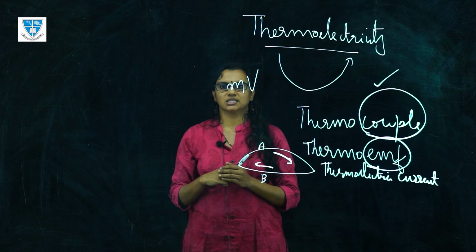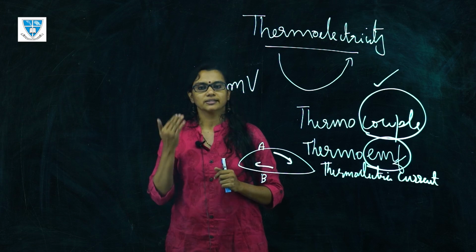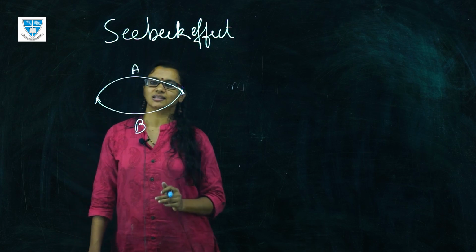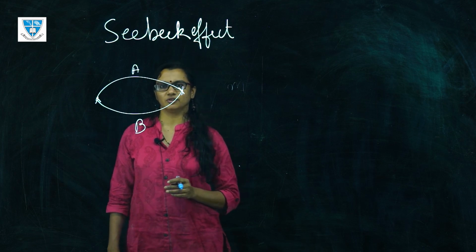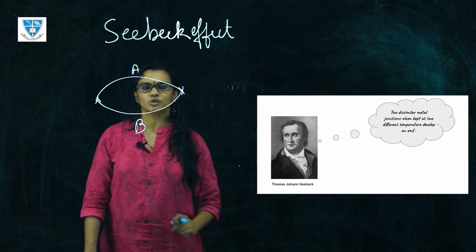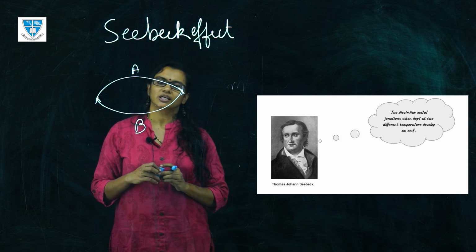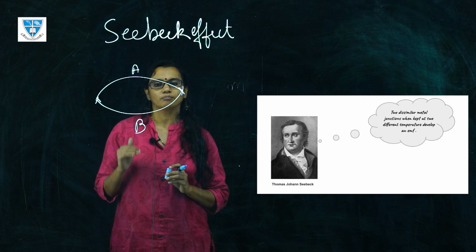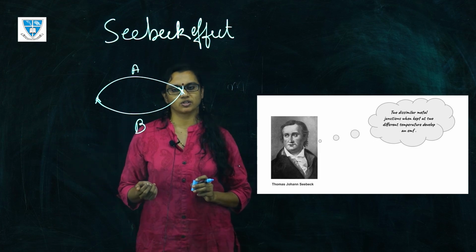Now let us discuss the different properties or effects related to thermoelectricity. The major effects discussed in thermoelectricity are the Seebeck effect, Peltier effect and Thomson effect. In this session we will be discussing the Seebeck effect, which was discovered by Seebeck, and it was an accidental discovery on his part. Initially it was thought to be some magnetic effect in the case of the current flowing through a metal, but later it paved the way and opened a large branch of thermoelectricity.